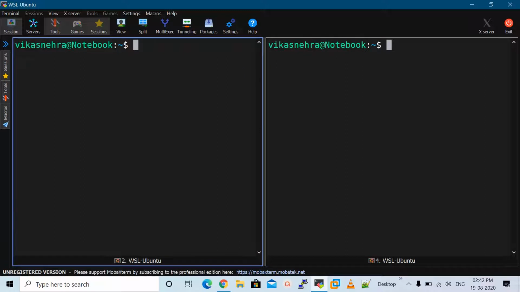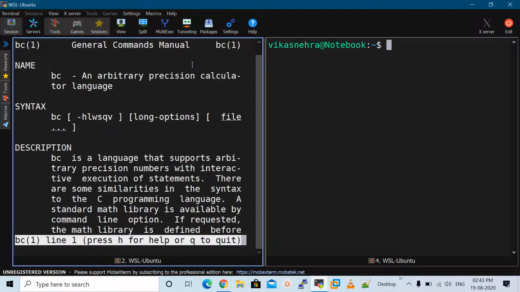To perform arithmetic operations on decimal numbers, we use the bc command in our shell scripts. bc stands for basic calculator. If we open the help manual of this bc command, you will find that it is a basic calculator available in almost all Linux flavors.